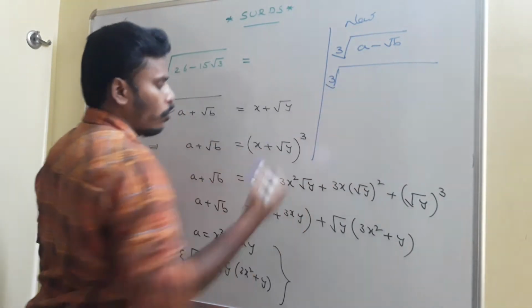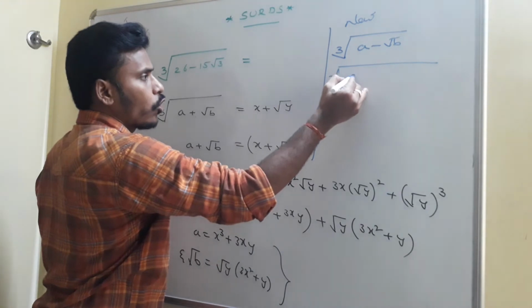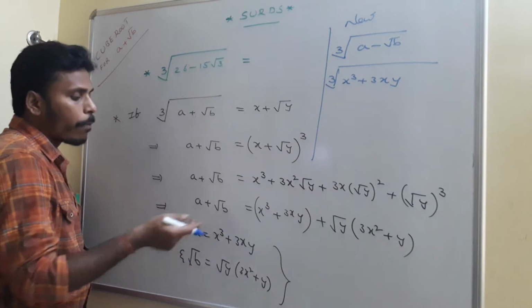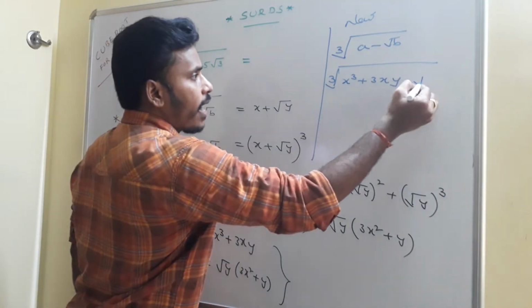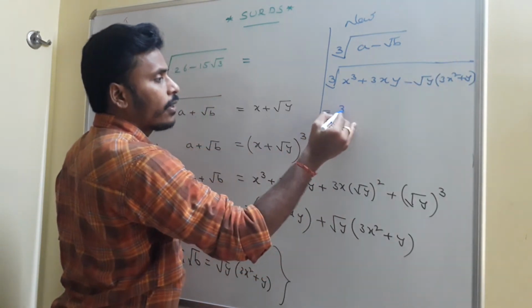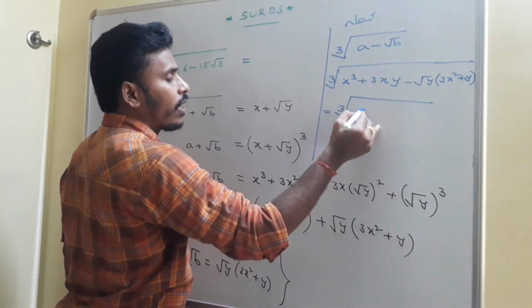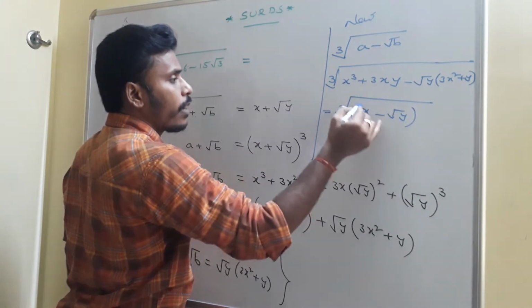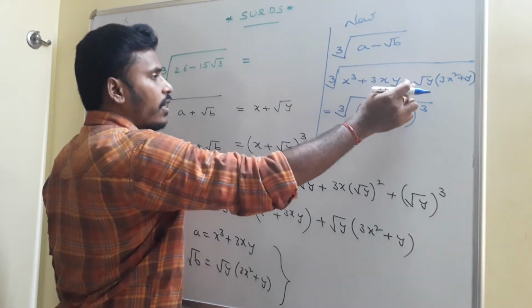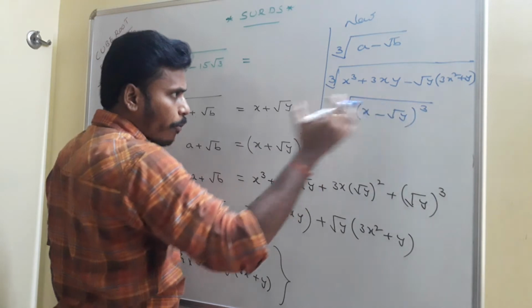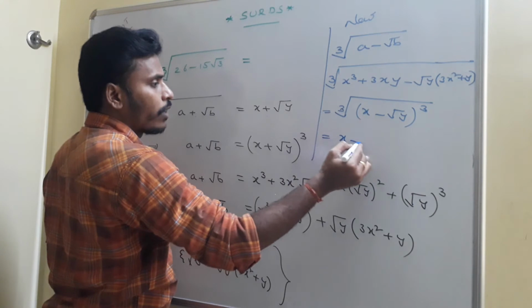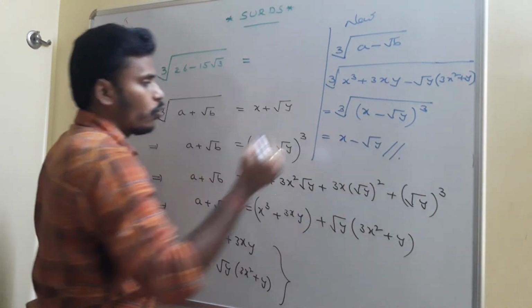So this is equal to cube root of a, which is actually x cube plus 3xy, and root b is this total thing. We need to apply minus for this total thing. It becomes minus root y of 3x square plus y. Now if you split, it becomes cube root of x minus root y whole cube. This is x plus root y whole cube, but since we are applying minus here, you multiply with this root y, and it is surely x minus root y cube. This cube root and that cube get cancelled, and you are left with x minus root y.